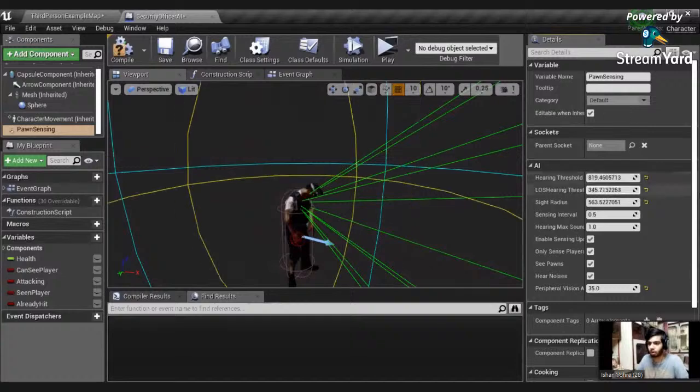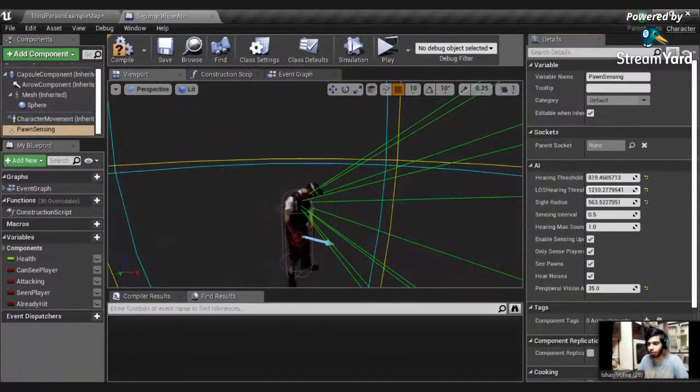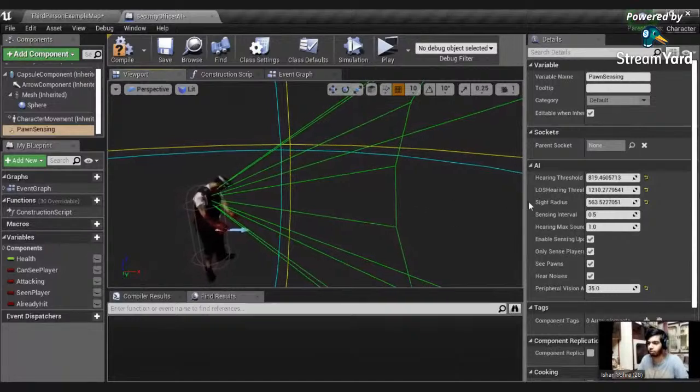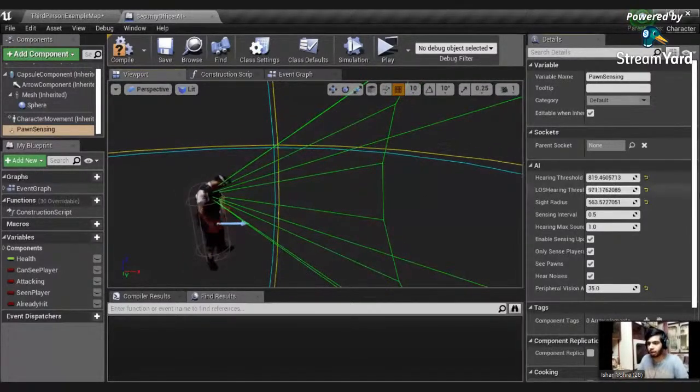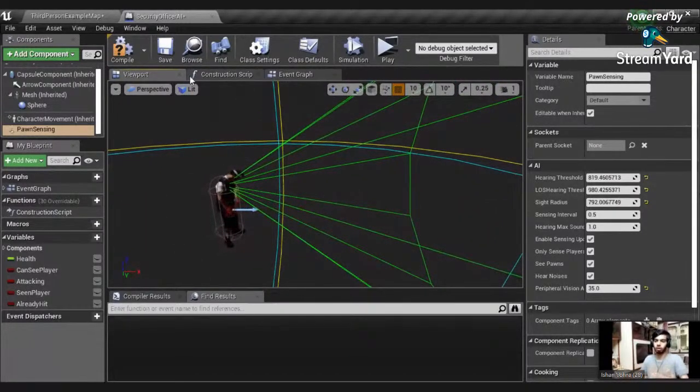The yellow circle is your line of sight, so where your vision works. And then you have the green circle that will represent the sight radius, right? Now I want my zombie to have only eyes working. I don't want any complicated sound and sound sensing components. So what I'm going to do is I'm just going to